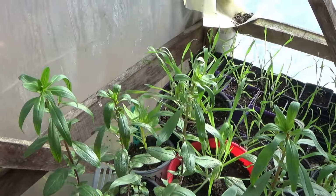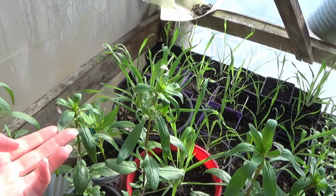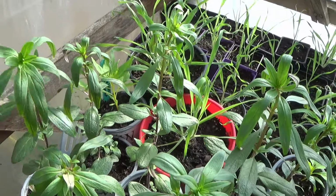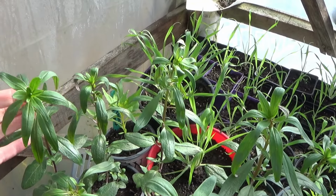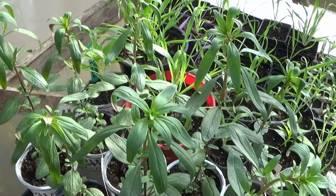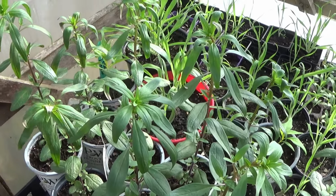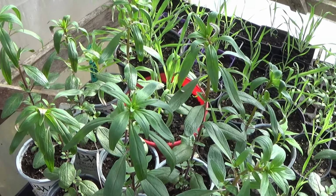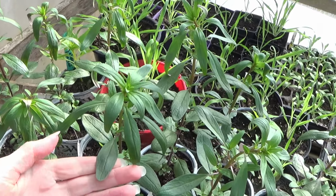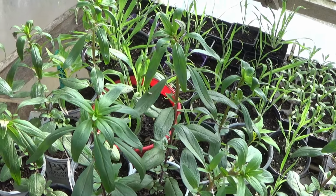So my snapdragons here, I think these are cold because their soil's wet. They're cold because the door's open. They're getting that cold air coming in, so it's a little too cold for them. These here are going to be moved over to the second greenhouse. It's a cooler greenhouse. Now your snapdragons can tolerate cooler temperatures, and that's where the hardening off process